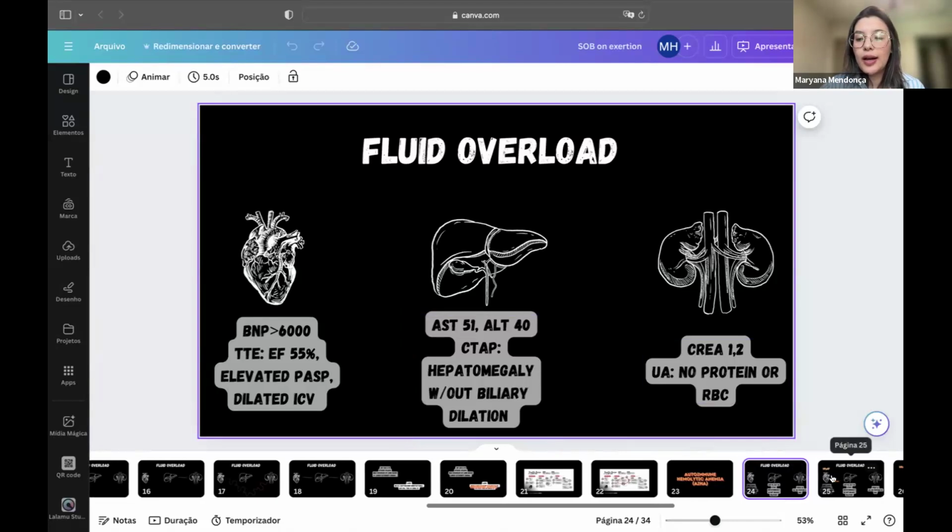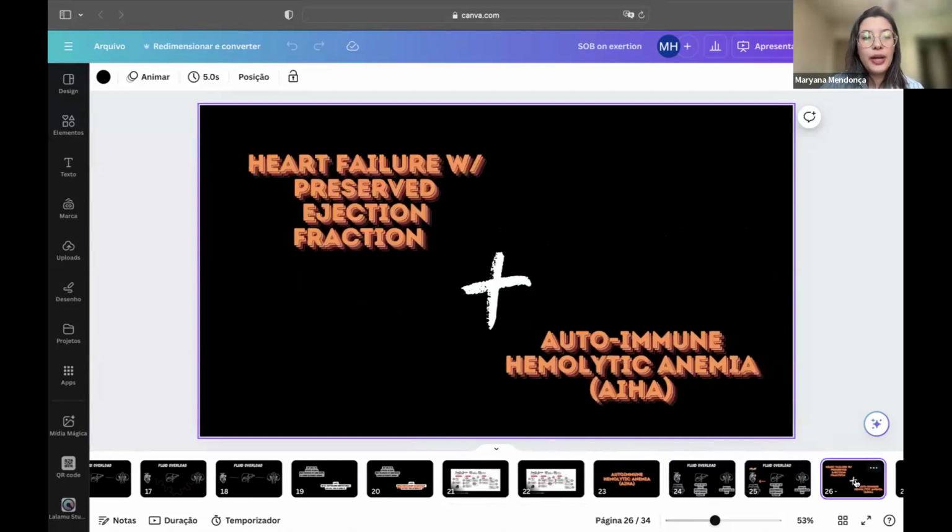But we certainly can blame the heart for a heart failure with preserved ejection fraction, considering the patterns that we see in the echocardiogram. So at this point, we had heart failure with preserved ejection fraction associated with autoimmune hemolytic